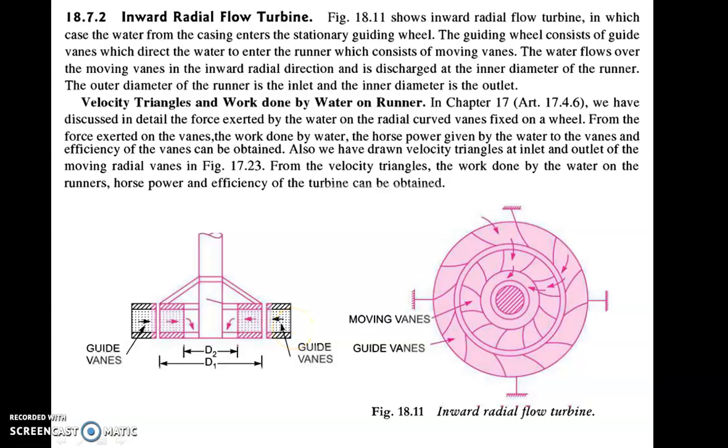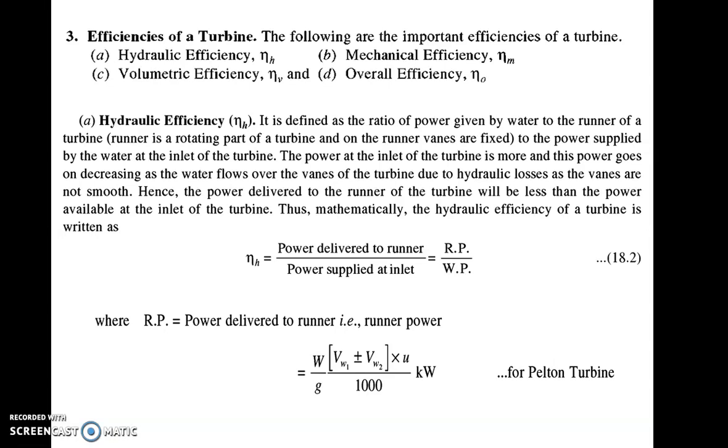Velocity diagram and work done, that also we are going to see. Before that, efficiencies of a turbine. Now the efficiencies for a turbine are the same as those of the impulse turbine. If you remember, in the case of impulse turbine, we have seen the same efficiencies: hydraulic efficiency, mechanical efficiency, volumetric efficiency and overall efficiency. Their definitions are also the same. Only inside the definitions there is a slight formula change, in the case of hydraulic efficiency only, because in impulse turbine the total pressure energy was converted totally into kinetic energy, but here pressure energy is converted partially into kinetic and